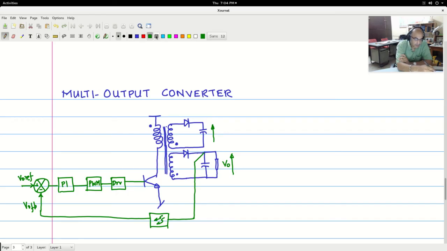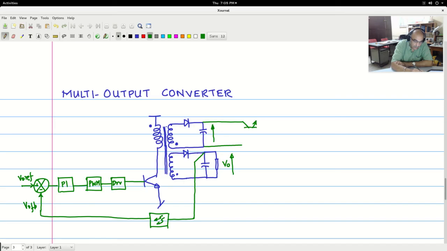So the plan now is that we will try to use a non-isolated converter here. So this is an input to the converter. Now let us say you want to have a buck operation. I can use a buck converter